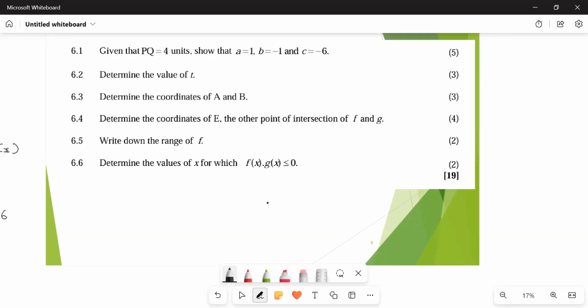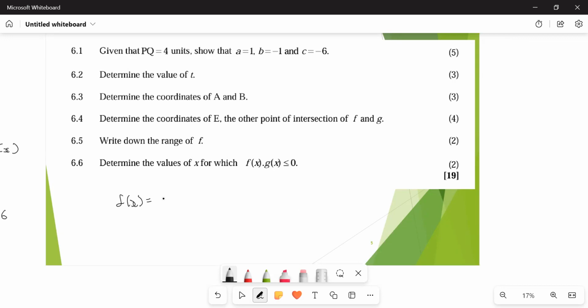6.2, they're saying determine the value of t. The value of t, the y coordinate is 13.0. So if you didn't get 6.1, just know that f of x